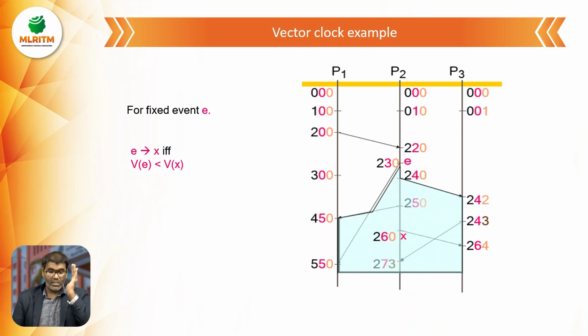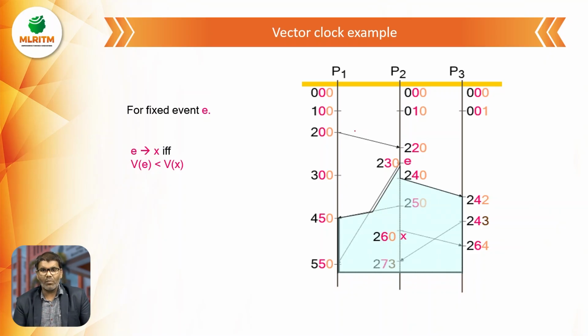Next example, here we are first fixing the event E. E turns to X if V of E is less than V of X. Here we are taking 3 processes and 3 matrices. First we are sending the message with the 3 zeros, and after that in the second process it is adding 0, 1, 0 and 0, 0, 1, and from process P1 it is sending the message to process P3, that is